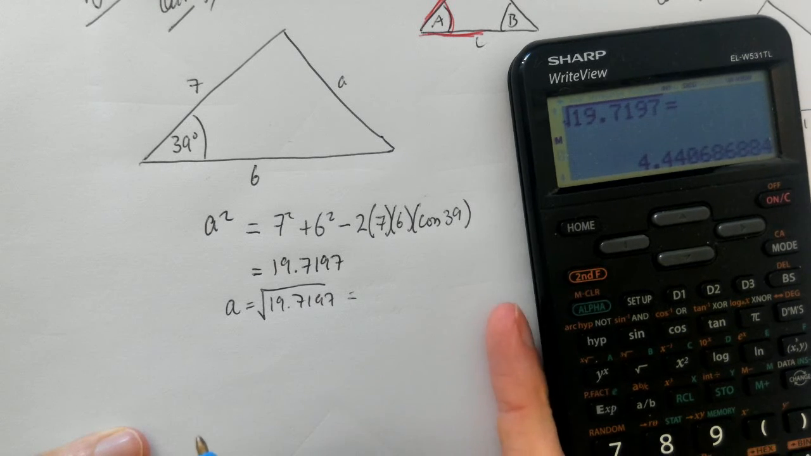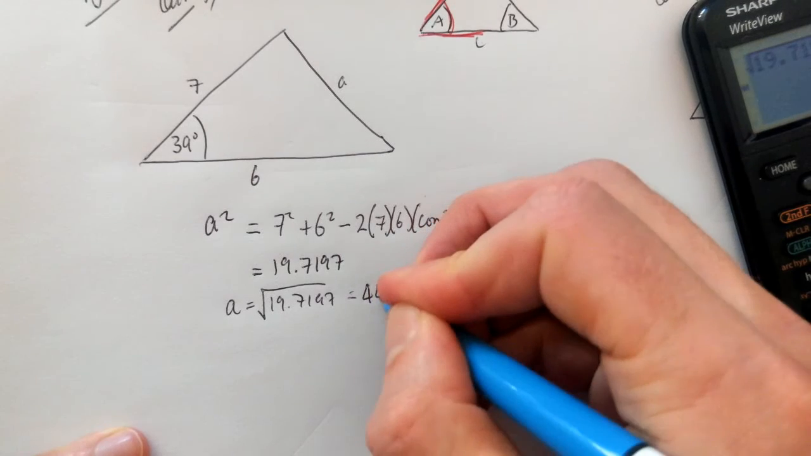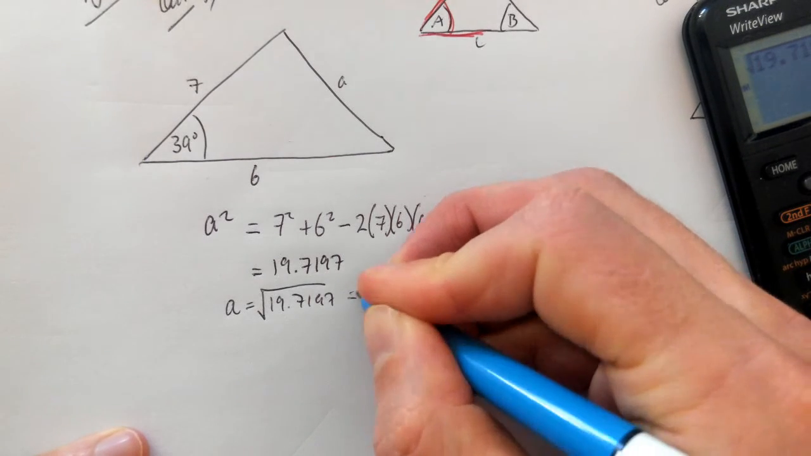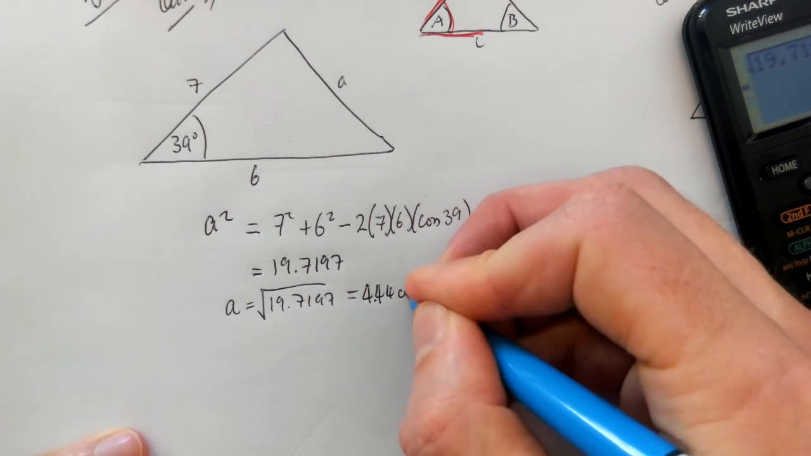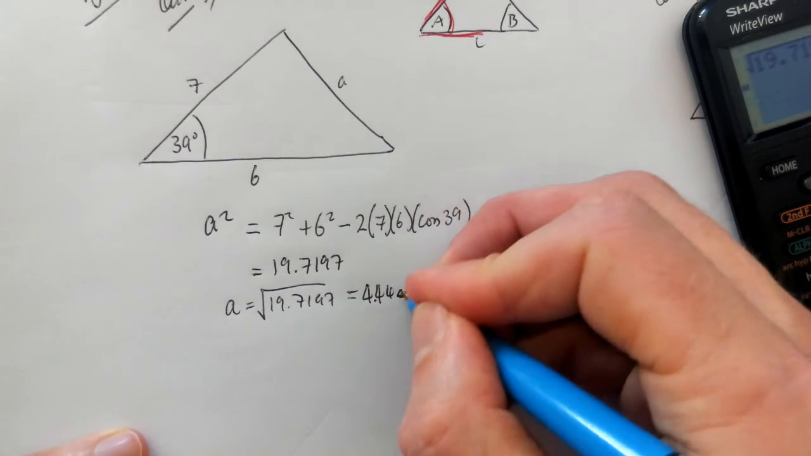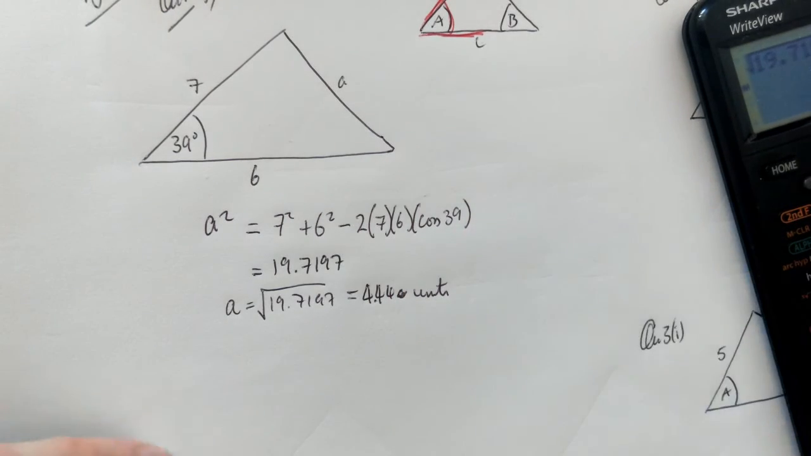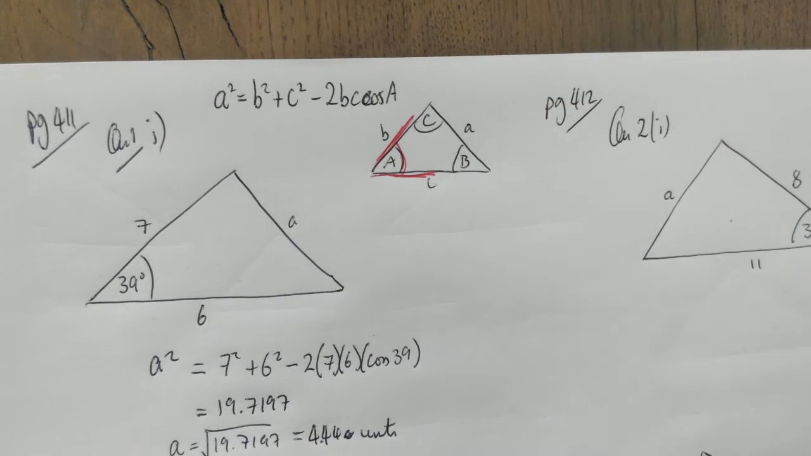Okay, so 4.44 to 2 decimal places. Check the question, see if it states which units. It didn't say centimeters, so I'll just leave it as units. Okay, so that's it basically. So we have the